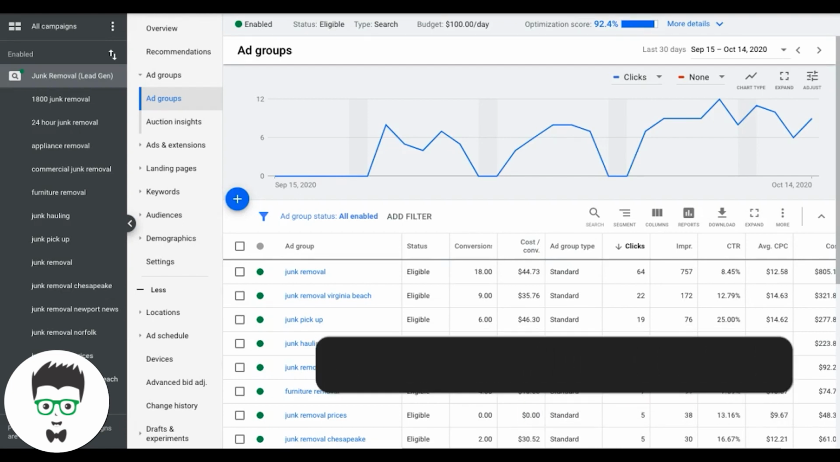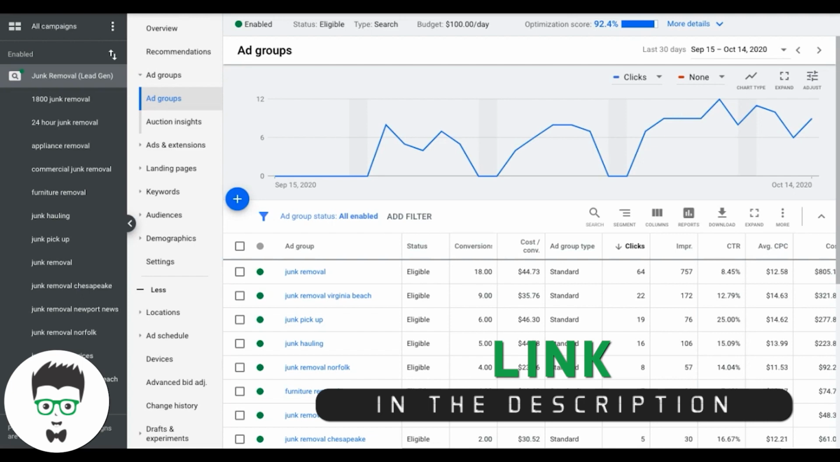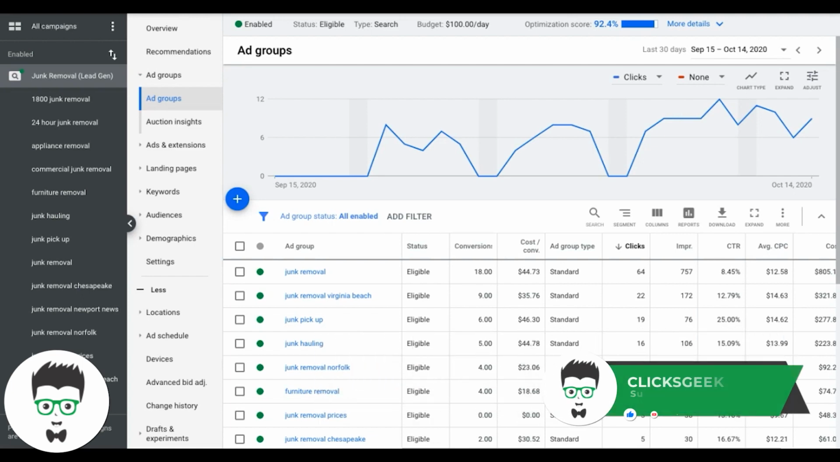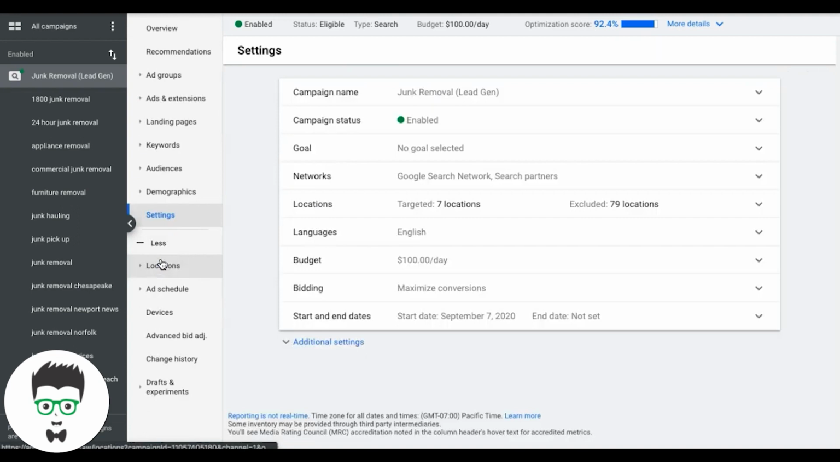I kind of just want to run through search network with display settings and why you should never have both those checked if you're just trying to run a search campaign. Okay, so if you go into your AdWords account here, you're going to go into settings. So go down to settings,